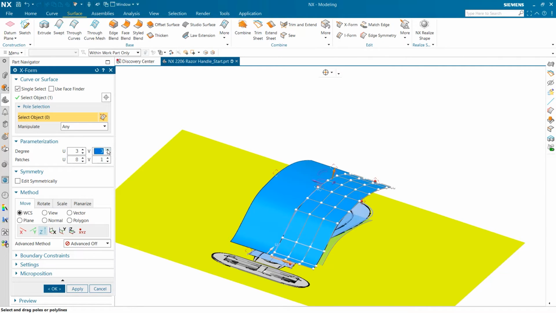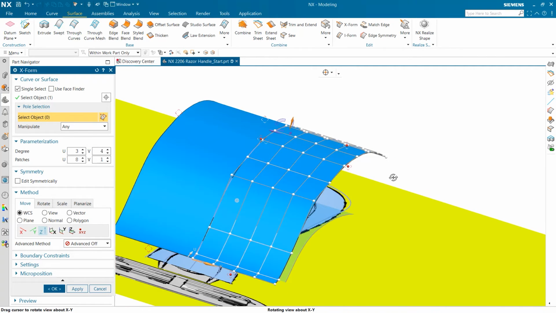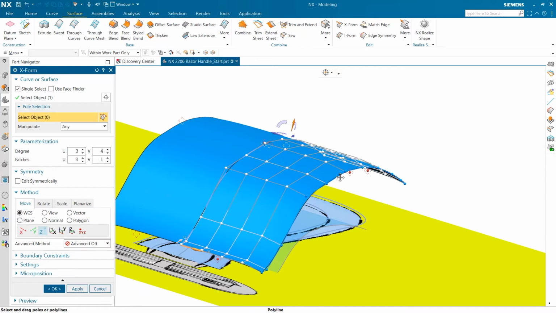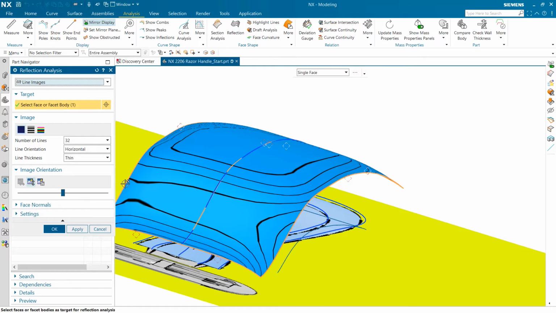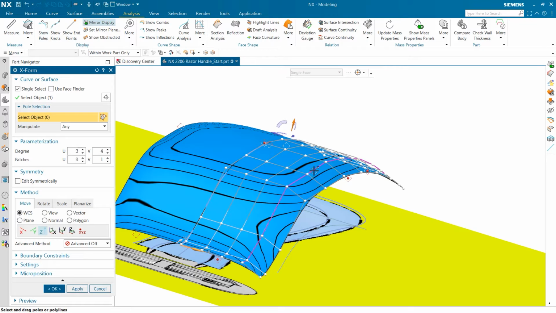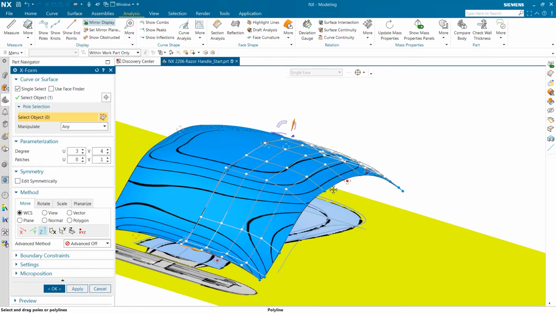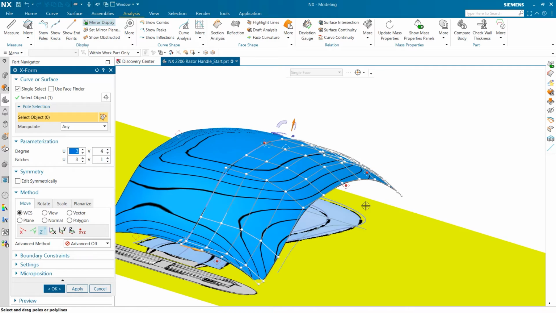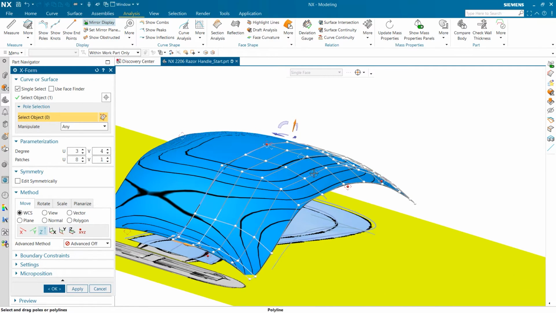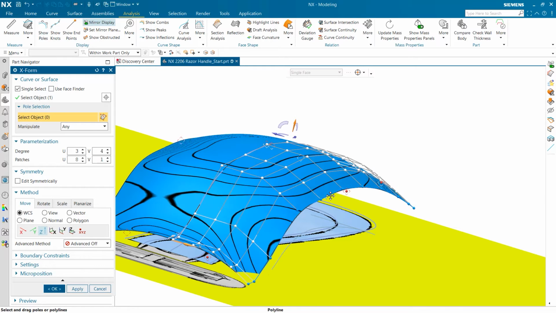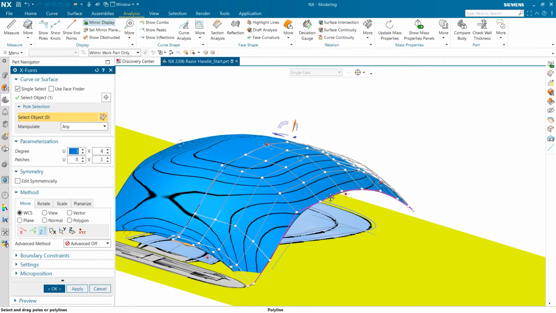To do this, I'm going to use Xform to change the degree of the surface. And then I can drag the poles or polylines to make some subtle changes to the geometry. What would be useful is to get an idea of how the shape is morphing. And to do that, I will use some analysis tools such as reflection lines, which will allow us dynamic feedback of how the shape is evolving. As I am pulling this down, notice how the mirror display is updating so that both halves are symmetrical.